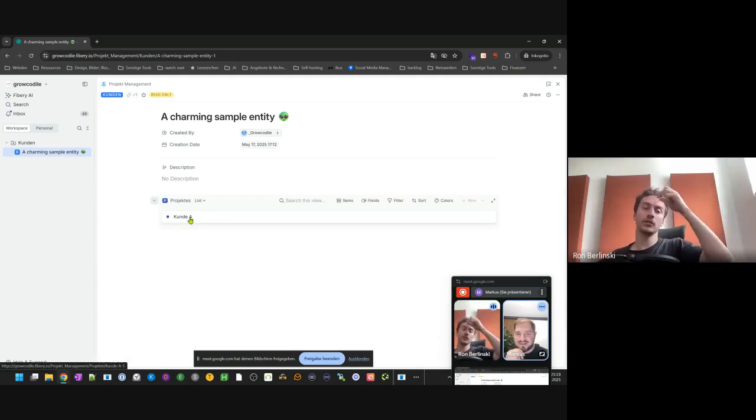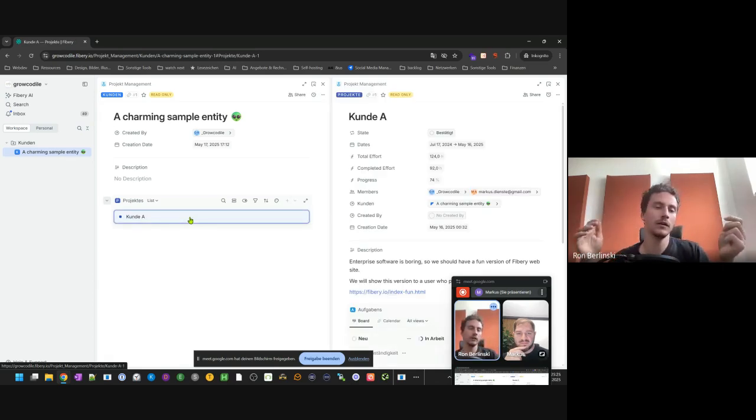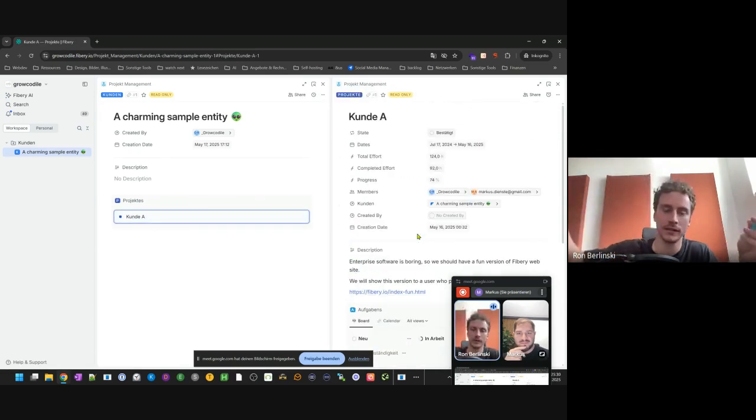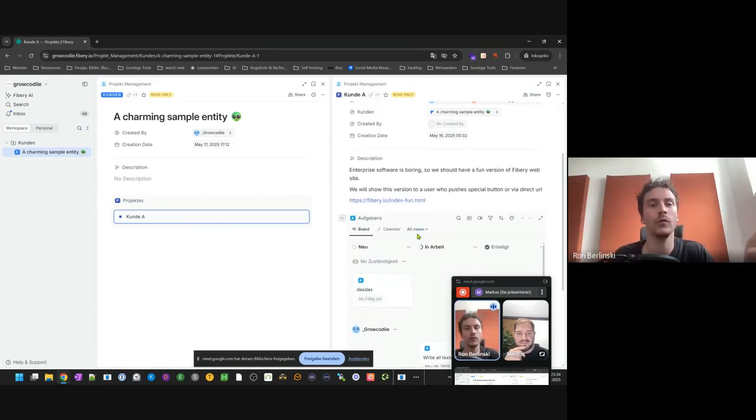Okay. And you can even adjust this project view to do a lot of different things. You can show it as a timeline. You can show it as whatever you'd like. Like you can have an overview of the project in a timeline. You can do lots of things. You can even, if you want,